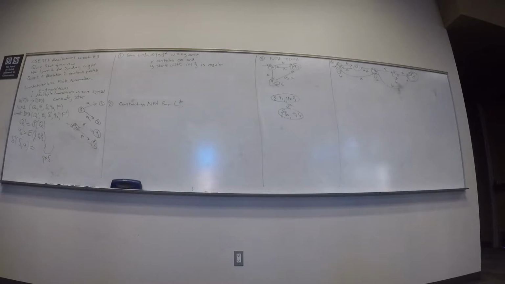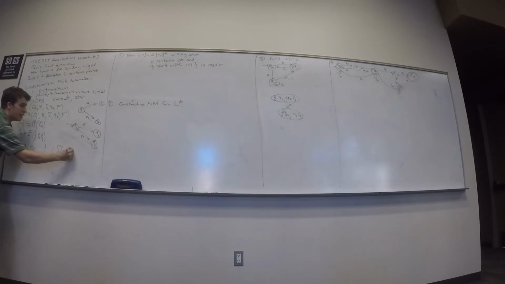Then I got to figure out, what does this little q do in the NFA? Well, how do I find out what this little q does in the NFA? Oh, I look in the transition function of the NFA, right? What symbol am I going to read? Oh, this A right here. The alphabet's got to be the same. It has to have the same language. So I'm going to look in the transition function of the NFA on the particular state, reading that symbol. Okay?